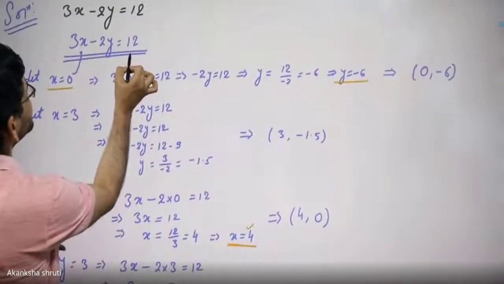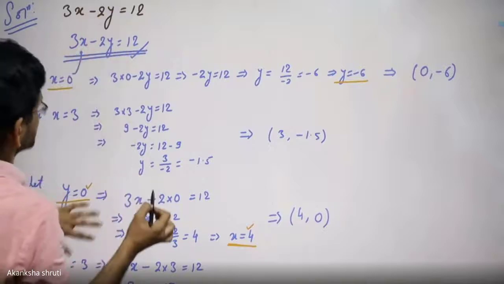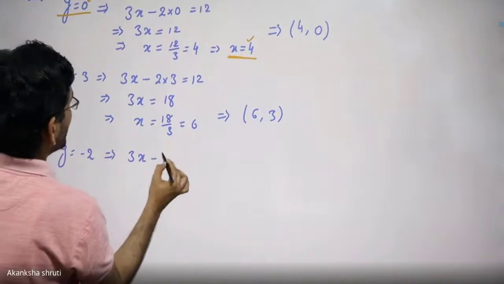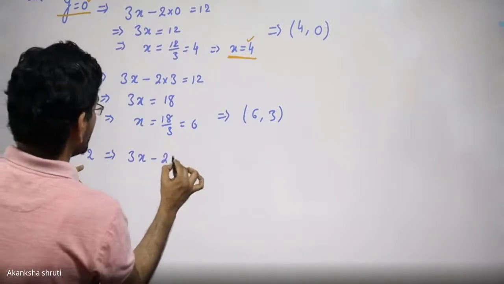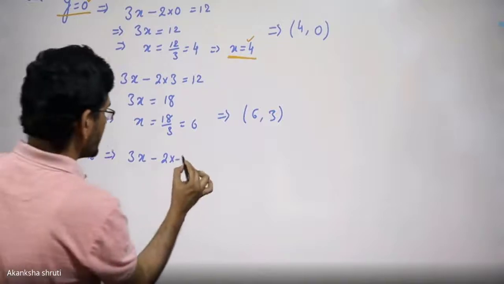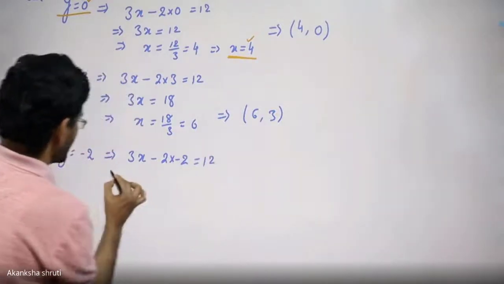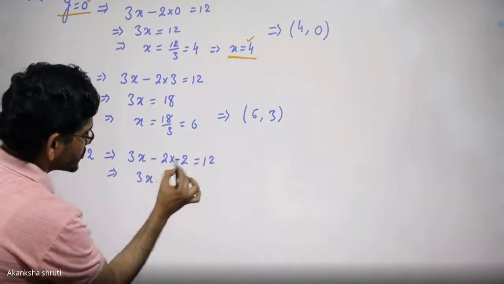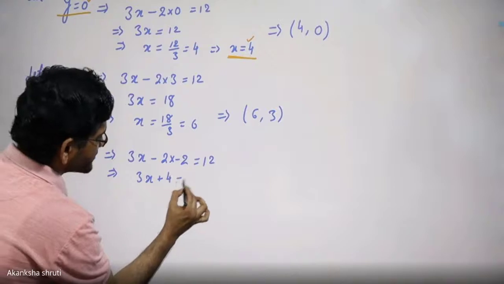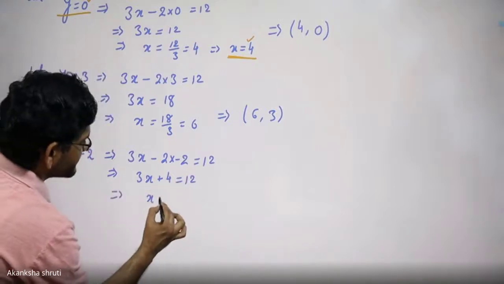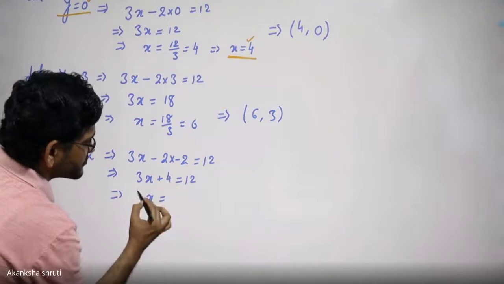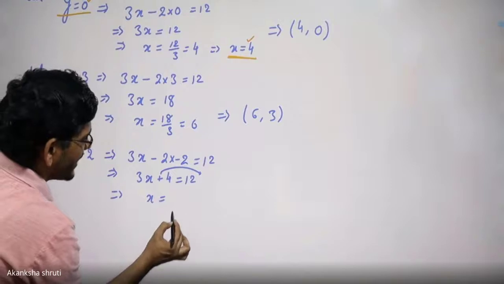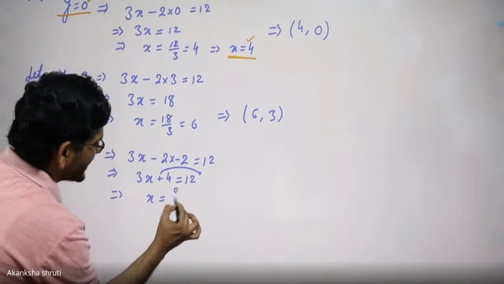Which equation, students? This equation, which is given to us. In that we are going to substitute. X we need to calculate, minus 2 into, this is minus 2, is equal to 12. Students, it becomes 3x. This is 2 2s are 4 is equal to 12. So this x becomes 12 minus 4. This will go on the right hand side. It becomes minus. So 12 minus 4 becomes our 8.